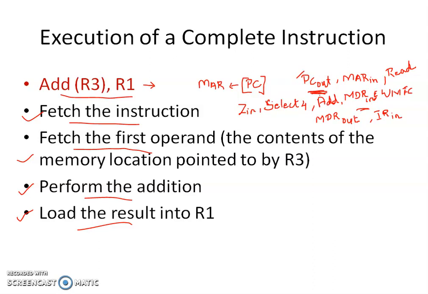Okay, so PC address will be placed in MAR and read control signal will be initiated. Then PC gets updated by making use of these sequence of operations. PC value will get updated. Here one more thing, that is ZIN will be having the updated PC value. Now it needs to be copied to the PC. So for that, what you need to initiate, PC in also need to be initiated.